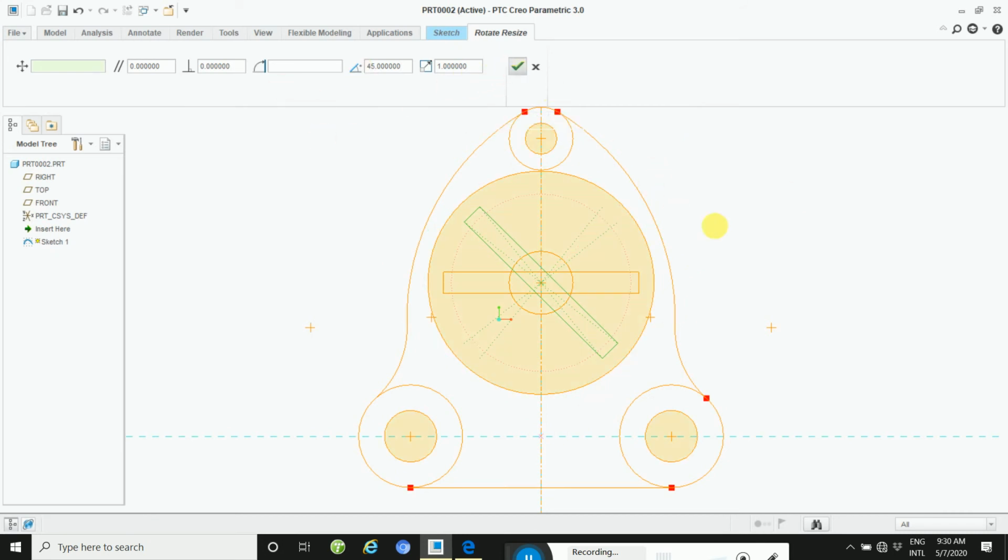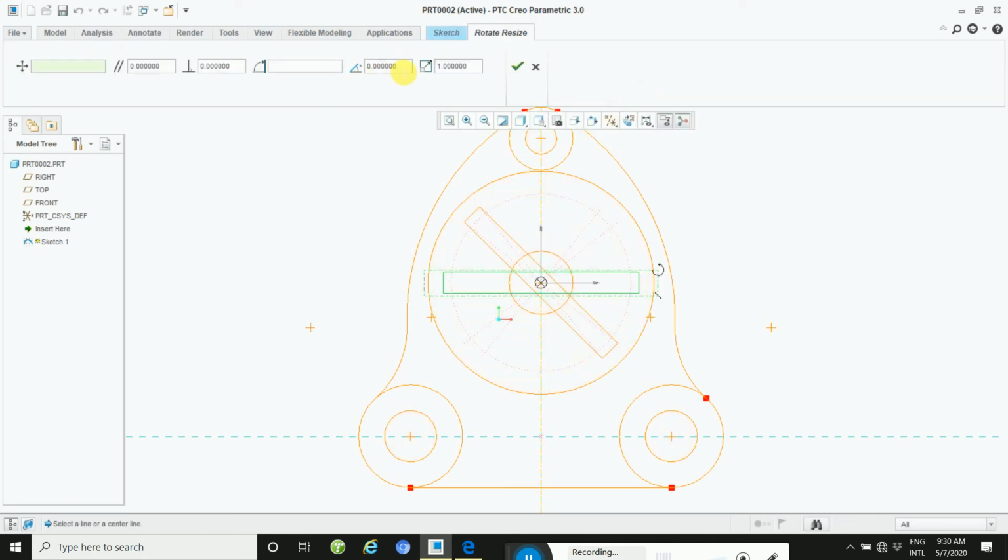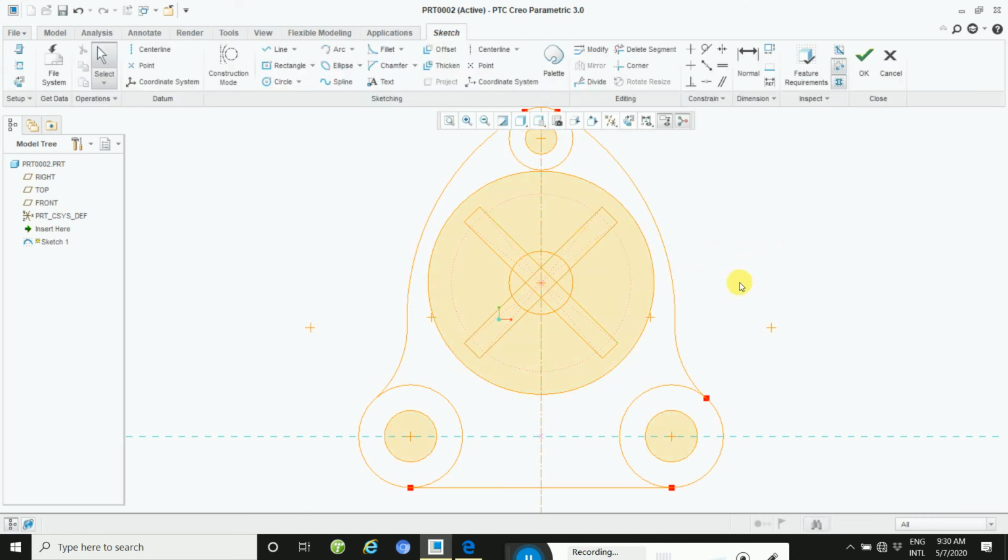Your circle, and this, if you want to rotate this, select first, second, and then third, and then apply the rotate. Okay, this way you will represent.